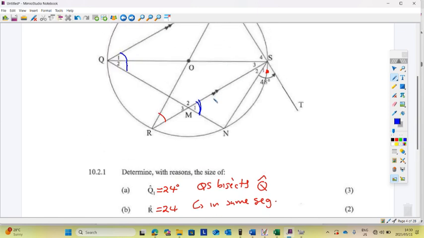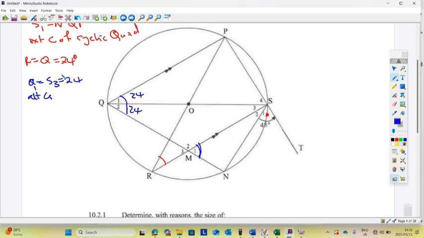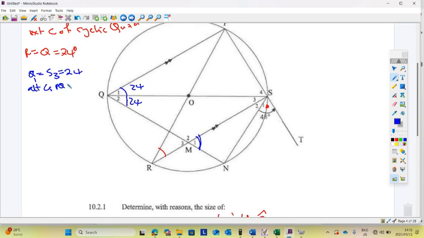And then another method that you could have used, we said this is 24 here, right? And then this is 24. So we are saying Q1 is equal to S3, and that is equal to 24. Reason for that, alternating angles with PQ parallel to RS. So if this is 24, we have a triangle here,